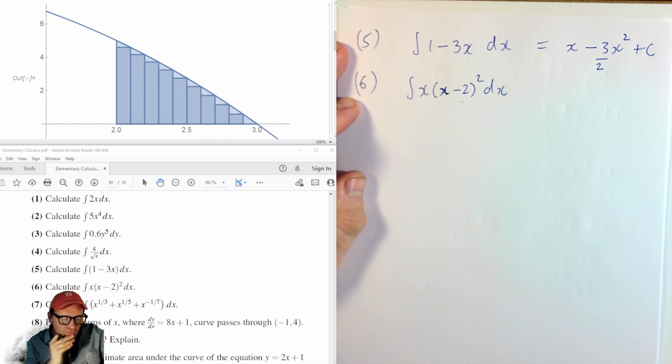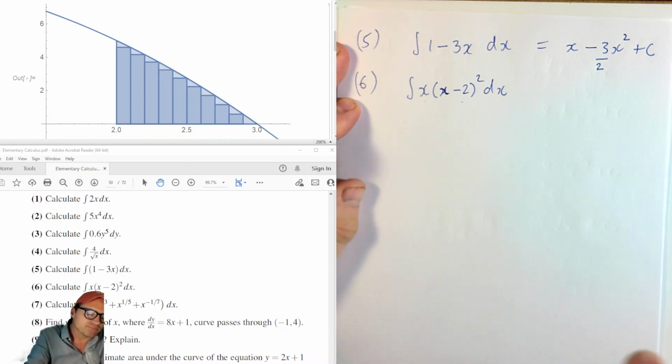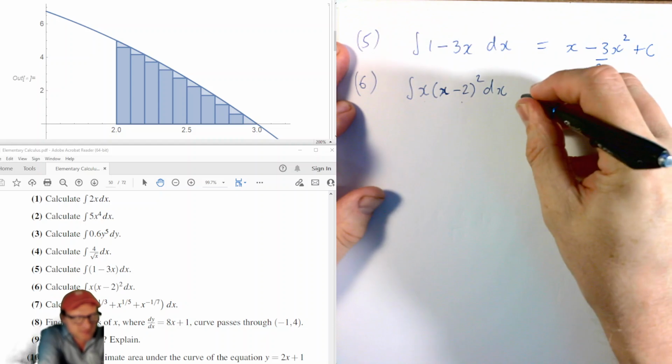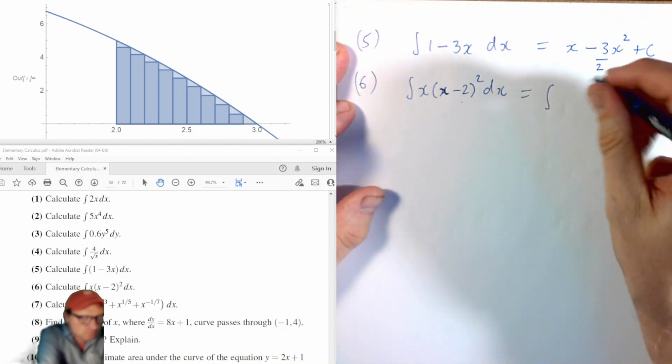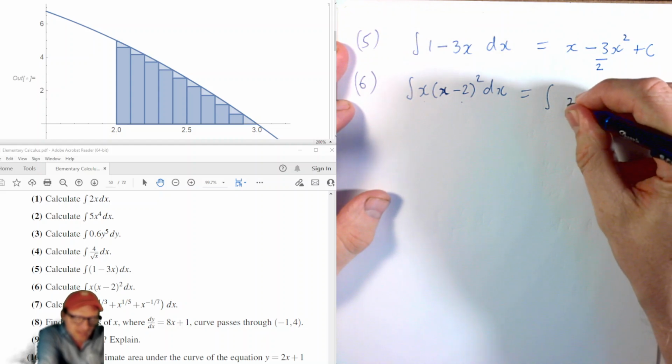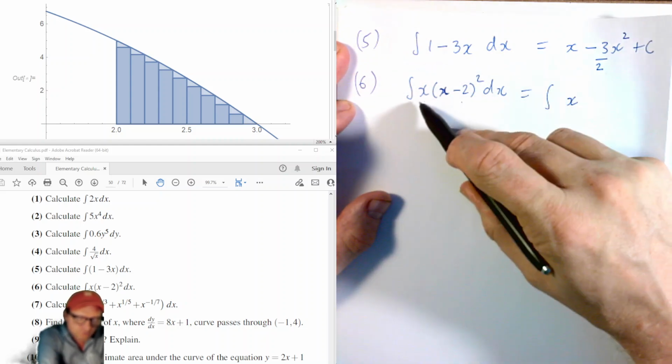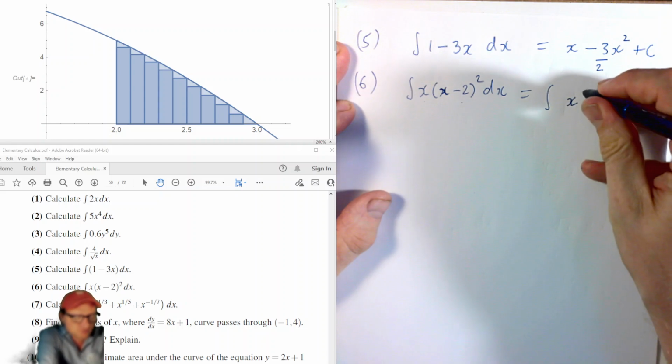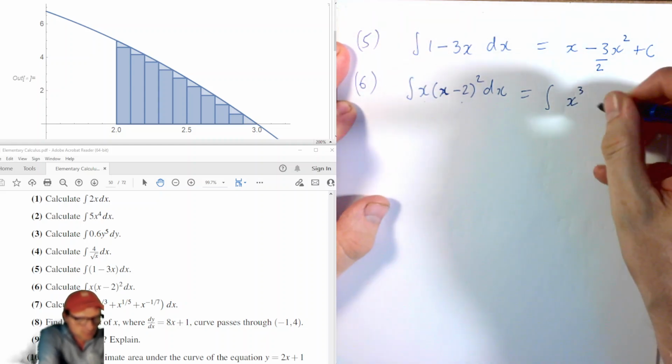And actually, I don't really know whether a substitution will work, so maybe. We'll see. All right, so let's expand this first. Okay, so if we expand x minus 2 all squared, then we have x to the power of 2, but then if we multiply in another x, we've got x to the power of 3. And then